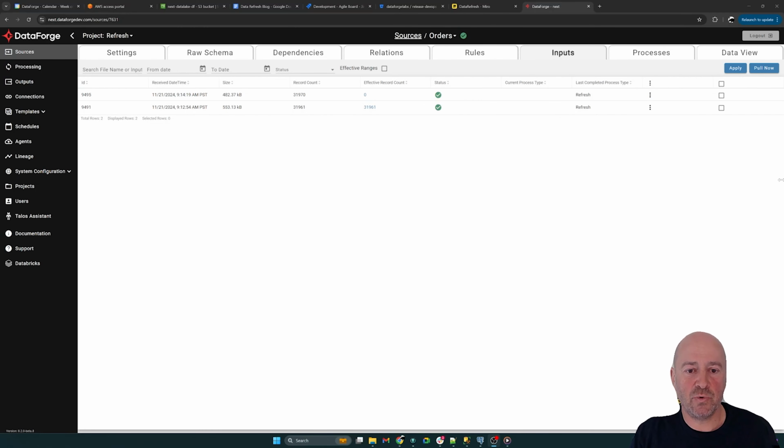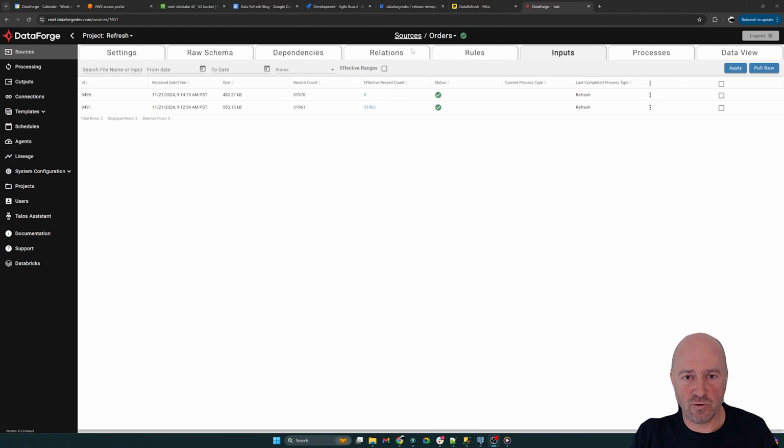The next pattern we're going to talk about, we call it none in DataForge Cloud, but essentially it's just appending the batch to the data set. Every time you receive a new batch, you just append it. You don't do anything with previous data that is contained in the data set. We're going to talk in a minute about typical use cases, but for now,